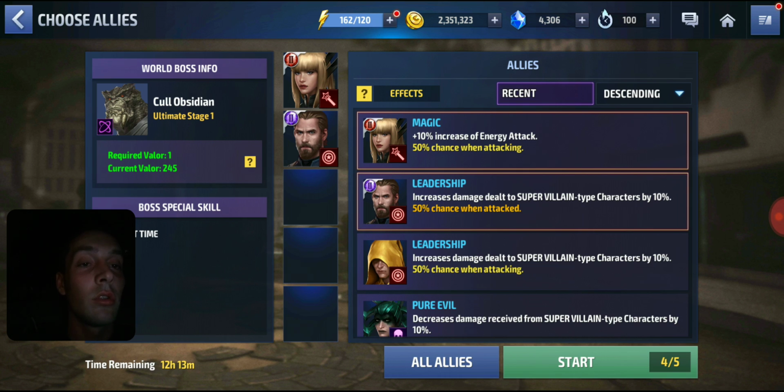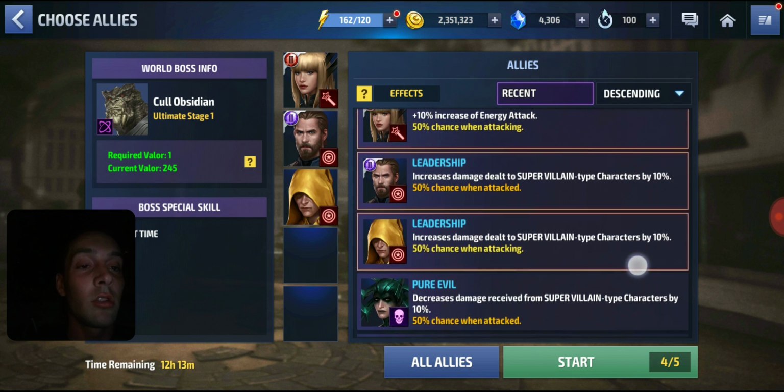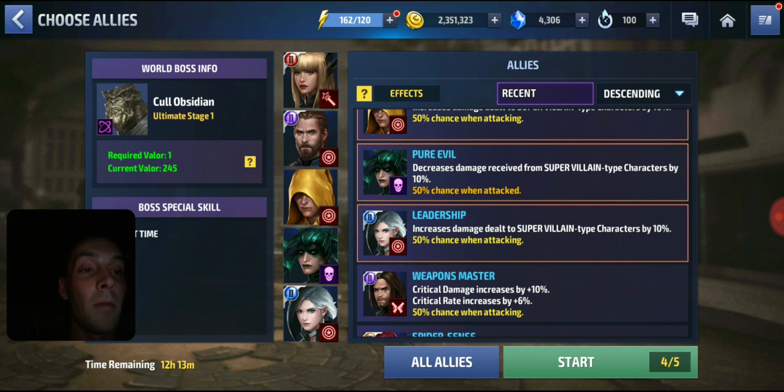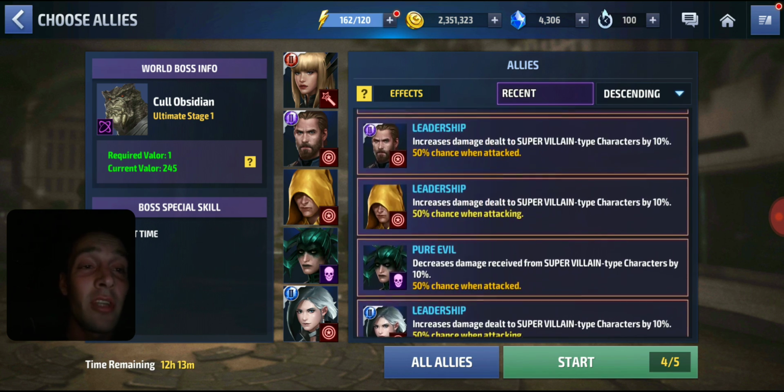I'll use Captain America's 10% to supervillain type characters. Ancient One, I'll decrease received damage from supervillains using Hela, and then I'll use Luna Snow's 10%. So essentially I have 30 or 40 extra percent attack to supervillains plus 10% decrease from supervillains, and then a 10% energy attack